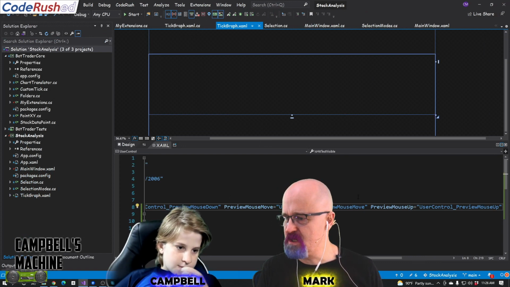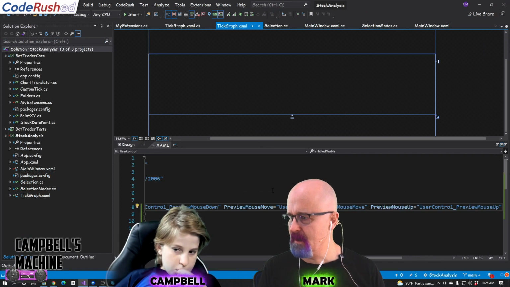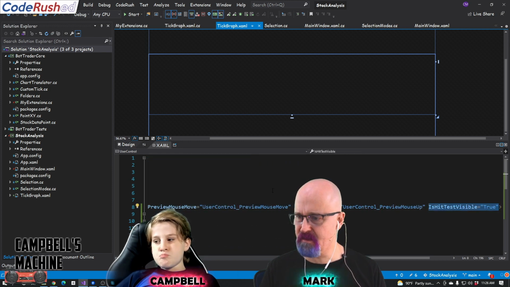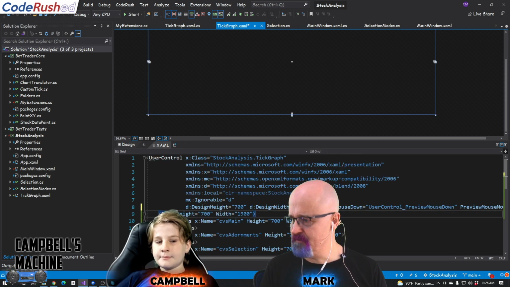Okay. Next, here's another workaround for it. This is a little bit of a cheap workaround, but I think it's going to solve our problem. We need to get these mouse window hits. So what I'm going to do